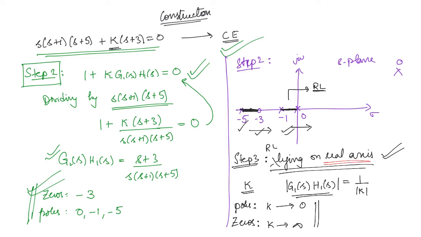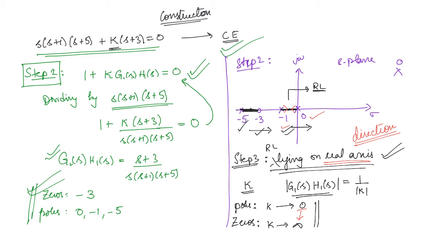Now we have drawn the root locus that is lying on the real axis only. On the real axis, one more thing that you have to understand is the direction of the root locus. So from k equal to 0 to infinity will be the direction. That means the root locus will start at a pole and it will end at a zero. Between 0 and -1, we have 2 poles, so they are starting from there. We can see that there is no end point there. Since the root locus is still left to be constructed, we will see how this will turn out.